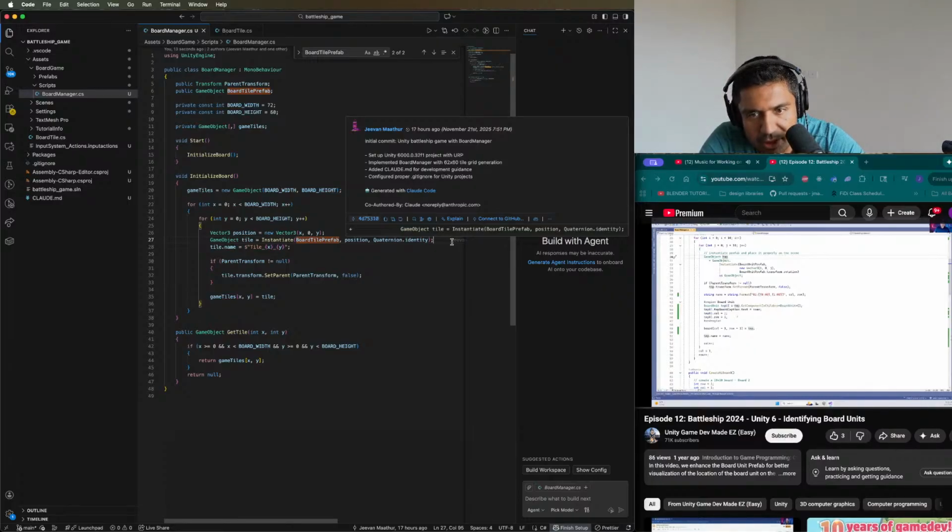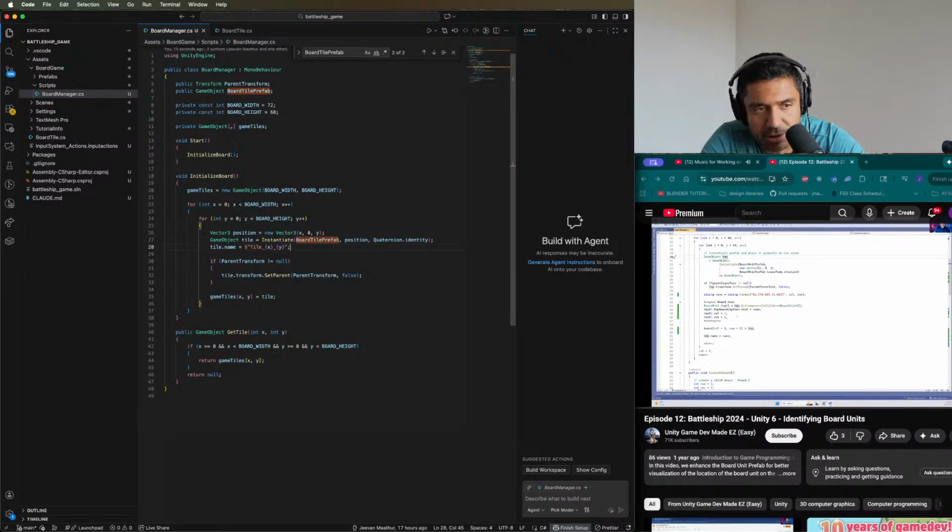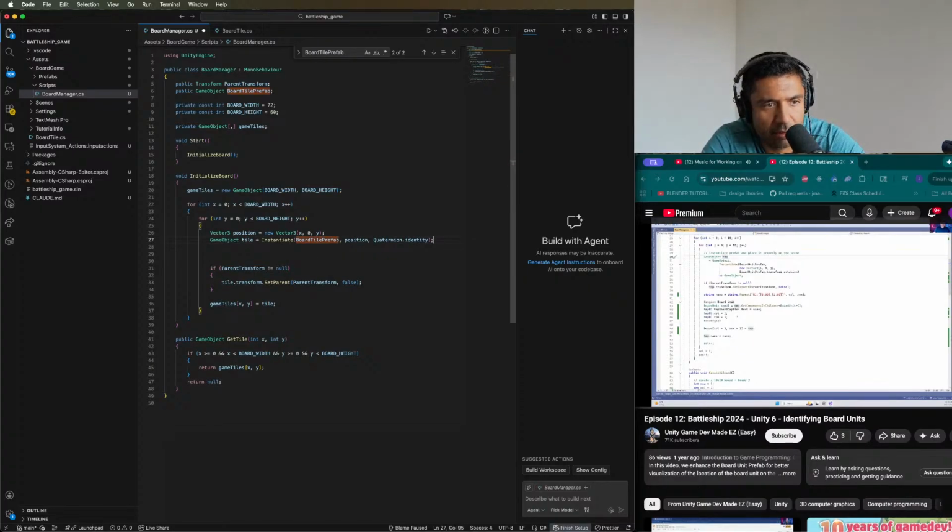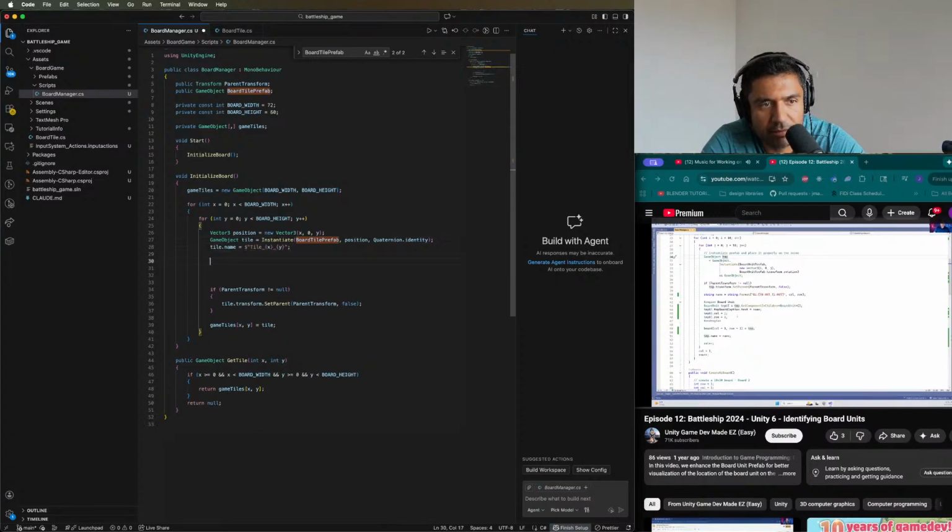Well, we gave it a title for some reason, but I don't think that's really important. I think that's probably some AI generated code. We can leave it there though. So if we just do string name equals string dot format, and we should just call this like board tile caption text, right? I don't know why he wrote name. Okay, and it's gonna be B1. I wonder what B1 means, but